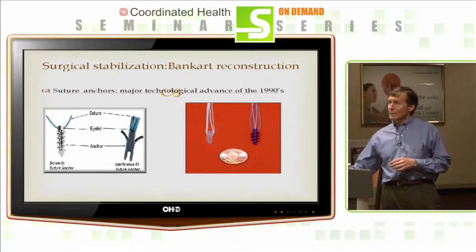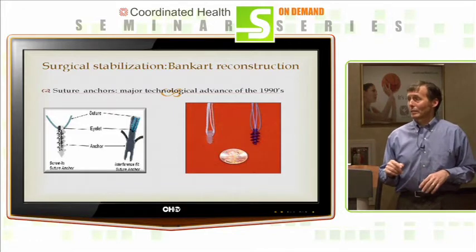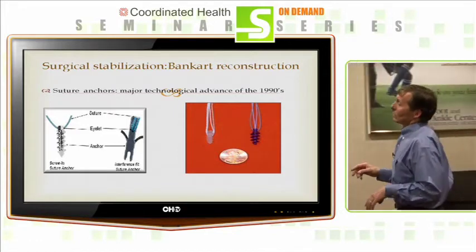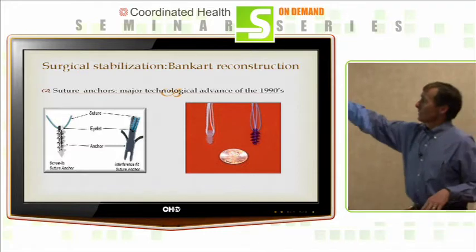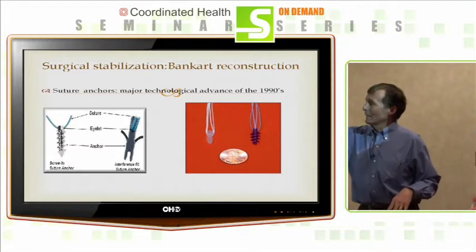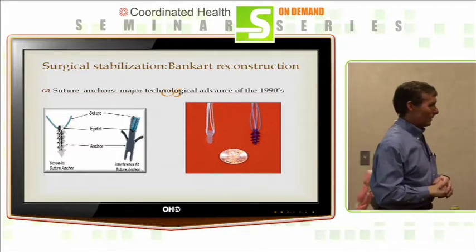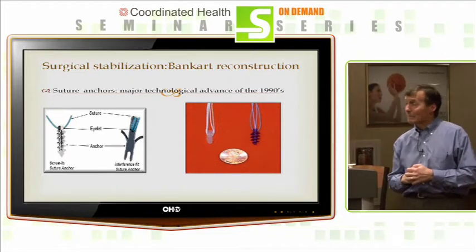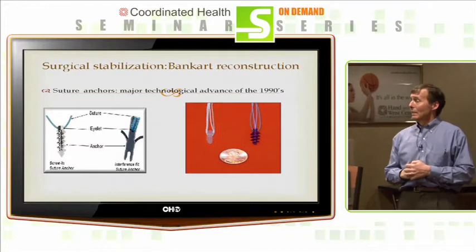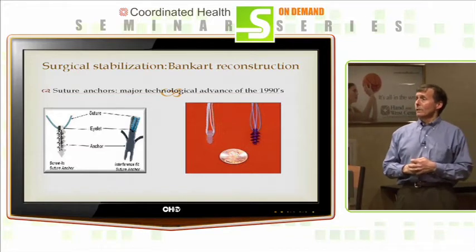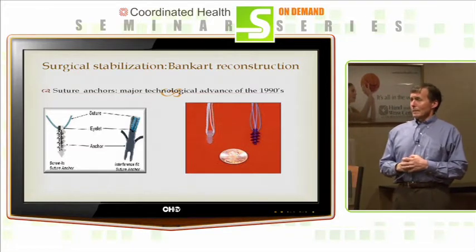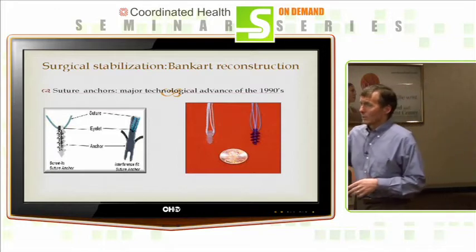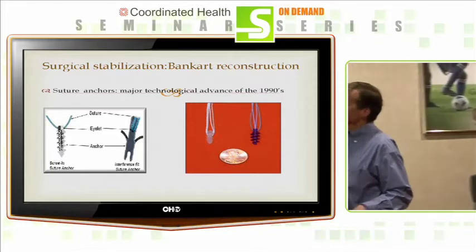And then we repair the ligament, the Bankart ligament, with these anchors. And now we're doing this arthroscopically. So we're putting these little anchors into the bone, and then we're using them to attach the labrum back to the bone. And those have been around since about 1990, maybe a little bit earlier, but 1990 is when they took off. And we started to use a lot of metal anchors, which are this group here.